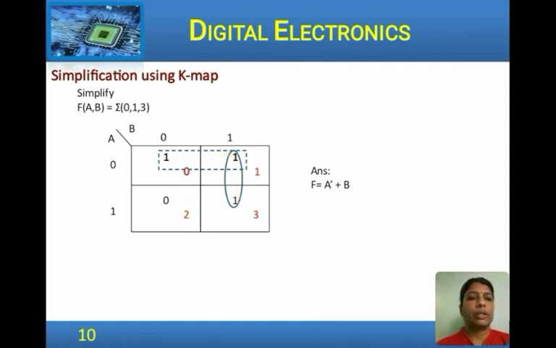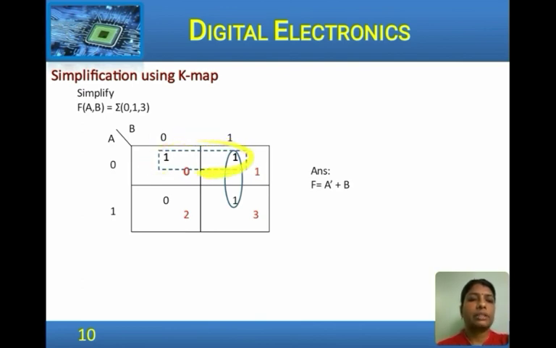Now, let us group them together. This 1 and a 1 are adjacent to each other, so that can be grouped into a pair. Similarly, there is a 1 and a 1 here. Though this 1 is already covered, this 1 is isolated, so it can form a pair with this 1. We can repeat it again. So, this forms another pair. Please note this grouping is not permitted, diagonal grouping is not permitted.